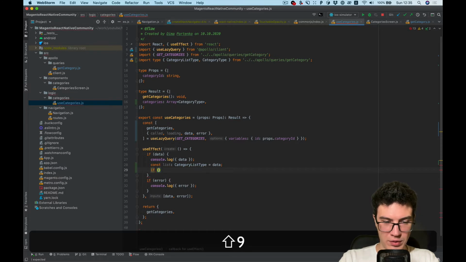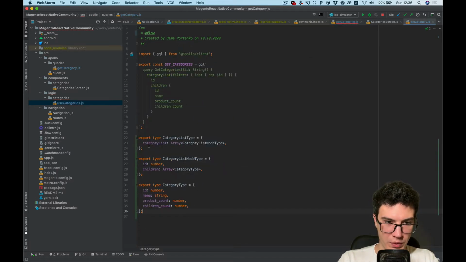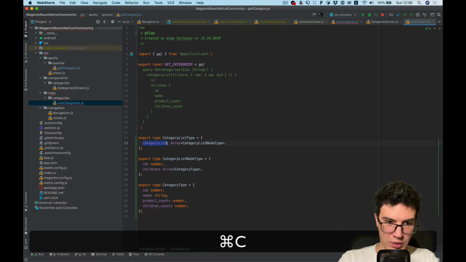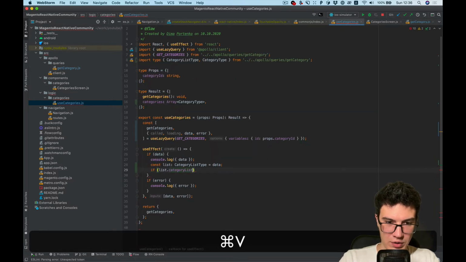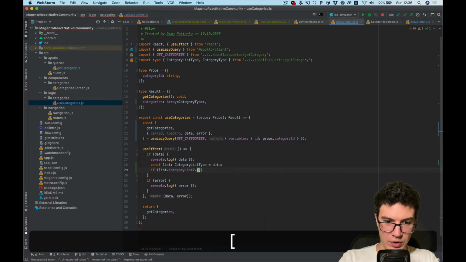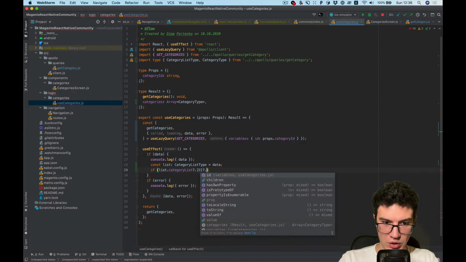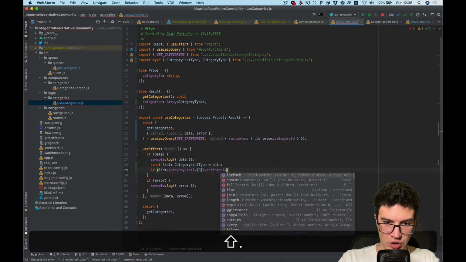and if list, okay, we don't need this, category list, okay, it's category list and it's an array. Yeah, so we need the first object, and children length,